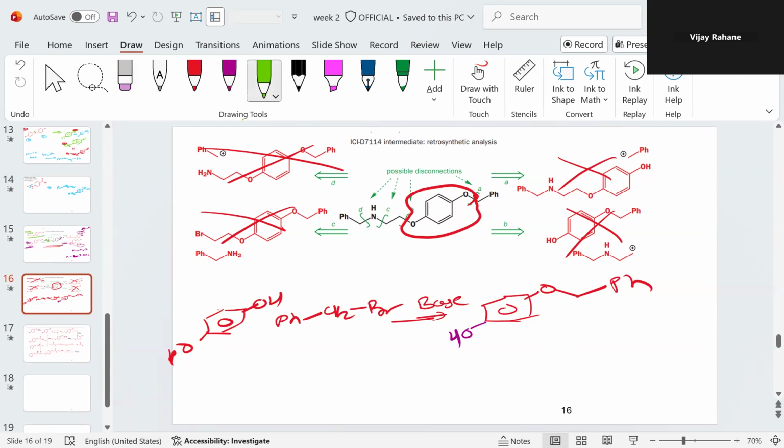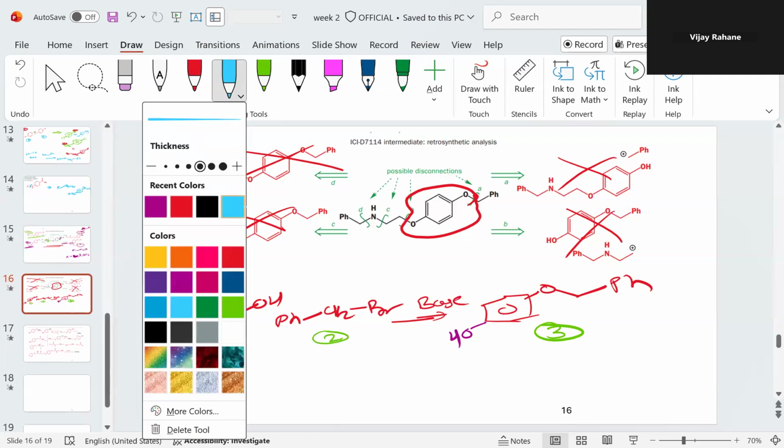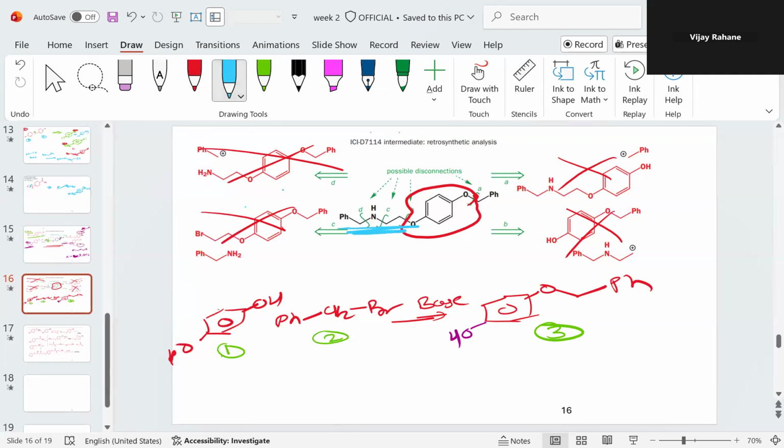I will give the labeling also. This is the first, this is the second. Sorry, these one and two are starting materials. This is now intermediate three, right? And what other parts are available here? I'll just take a different color. If you look at this part, that part can be synthesized independently. So let's say we can take PhCH2Br plus, what can we take? We can select this part, right? This available part. So what I can do is NH2